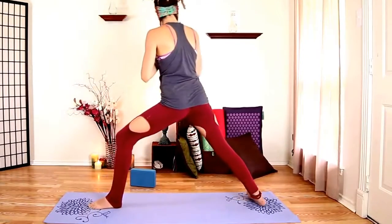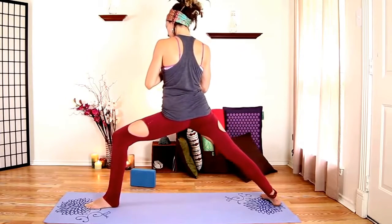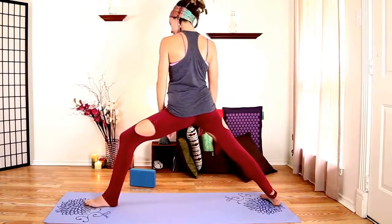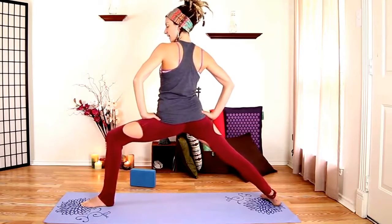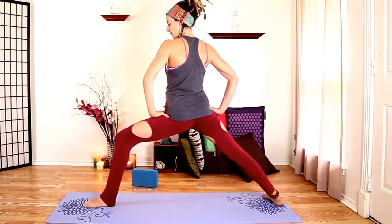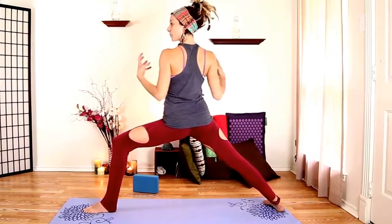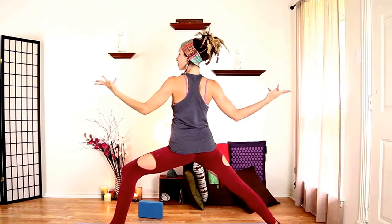So right leg back and opens. So our front heel is dissecting our back foot. We're sinking down, so take some time to go ahead and kind of come in and out of that. Find your pose, shoulder blades on your back. We're not coming forward, we're straight up and down here. So it's almost like somebody's pulling you back just a little bit because the tendency is to come forward. If you want to do this, shoulder blades on your back